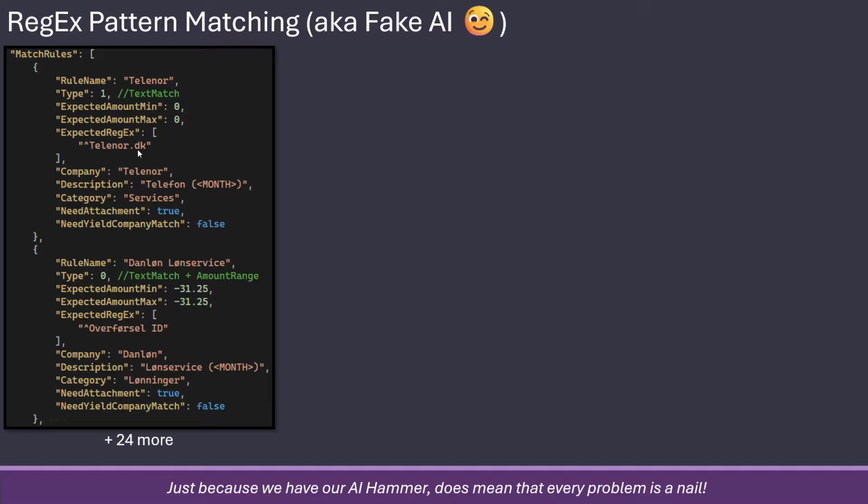So if the text in my record says Telenor, which is my telephone supplier, then it's probably my telephone bill. If it's not, I can do some human control after the fact, but it tends to do the work. If it says this in the text, then I know it's salaries.